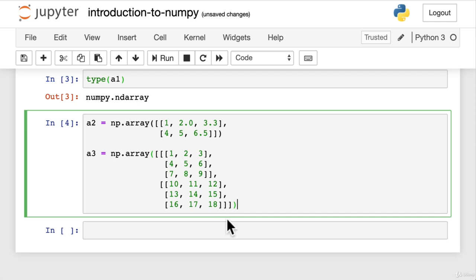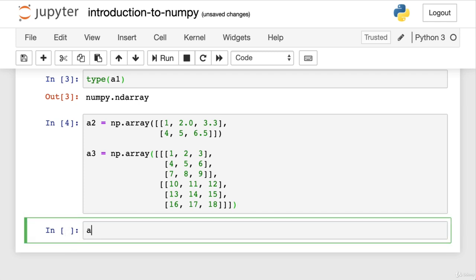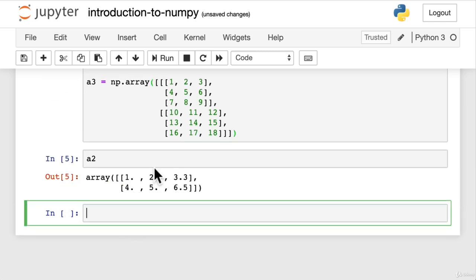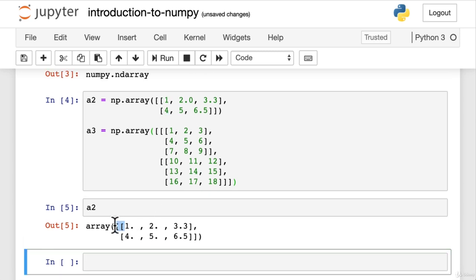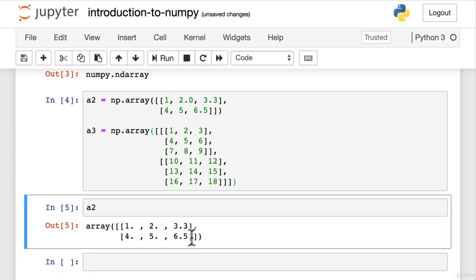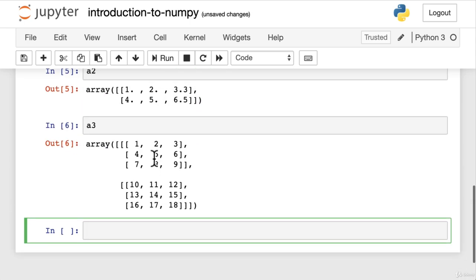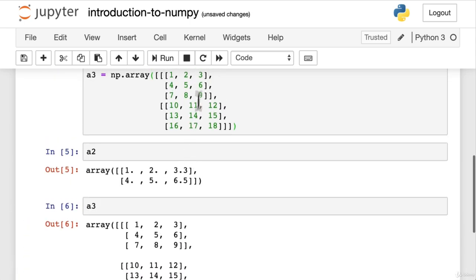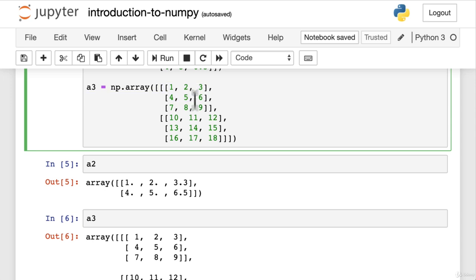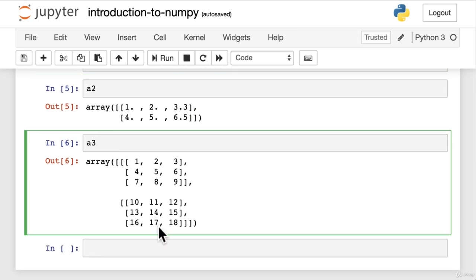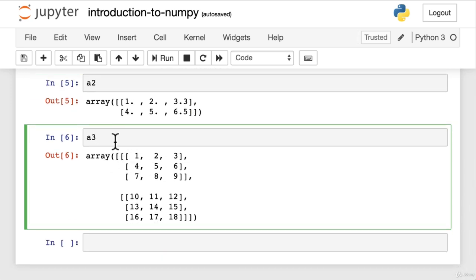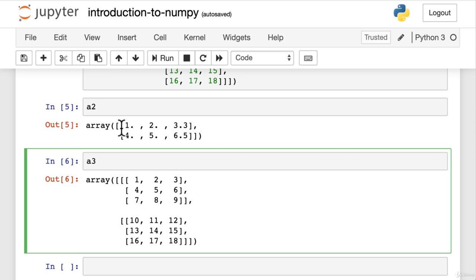Now, why would we do that? Well, let's have a look at these 2 arrays. A2. There we go. We can see that we've got 2 sets of brackets here, and we've got 2 more here. Now let's have a look at A3. Okay, now this one, it's kind of come out the exact same way as we've got here. Now before we get any further and check out some of the attributes that these arrays have built in, let's